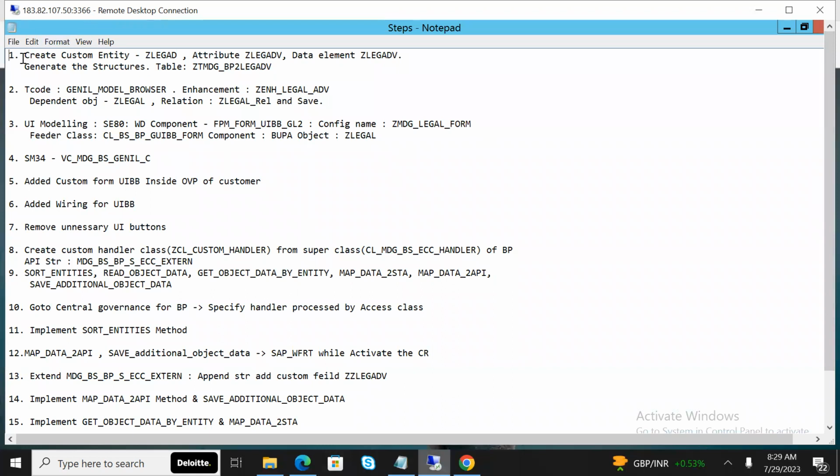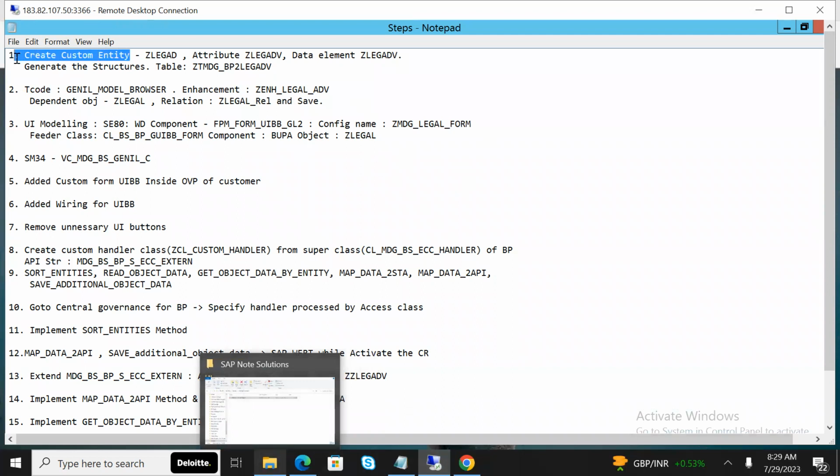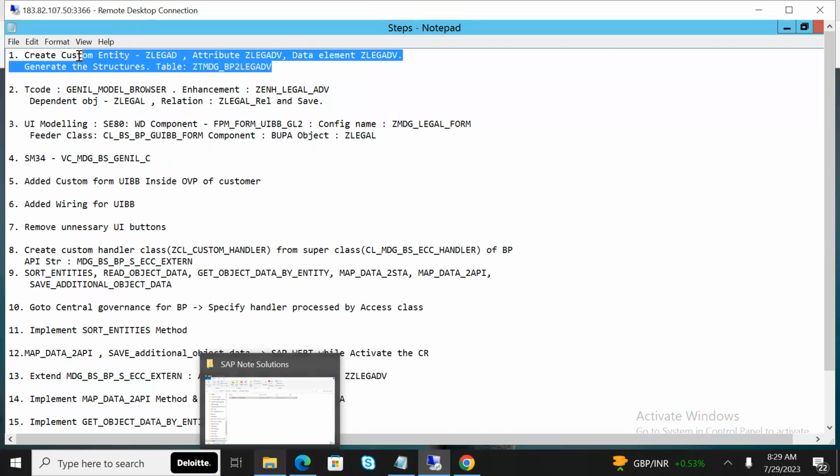These are the list of steps which are involved to implement this customization. So, create a custom entity. While creating the custom entity, you need to provide the entity name and the attribute name. You need to pass the data element, and after that you need to generate the structures. So this is under the data model. After that, you need to